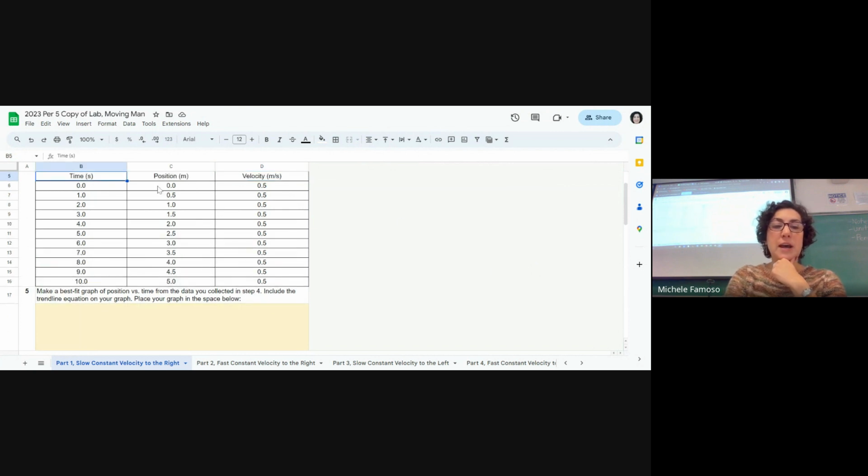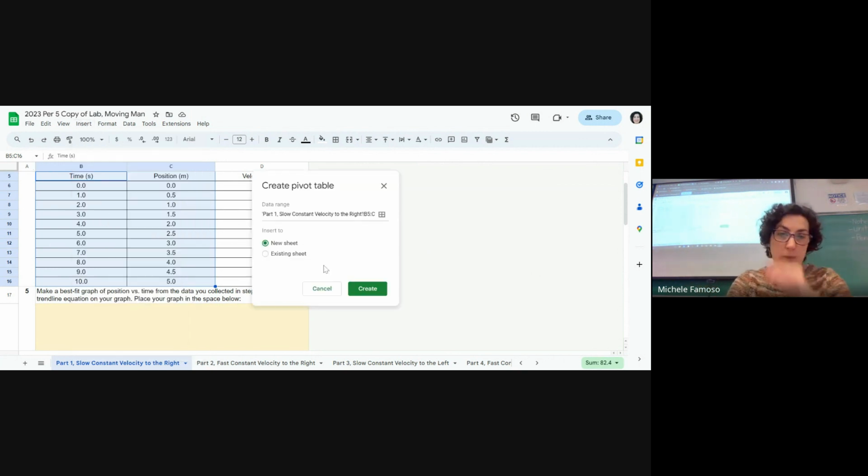You see where I have time in seconds and position in meters? Hold your shift key down. You see the time in seconds is highlighted in blue. Shift, right arrow over to position. Now down arrow, keep your shift key down, so that your times and your positions are highlighted. Do you have that blue highlighted box like me? We're good? All right, insert,